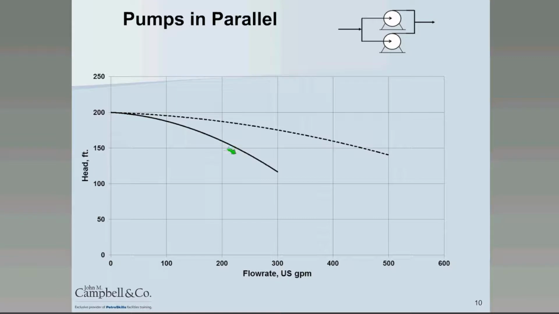So you can see from this point here, we're about 220 GPM. And as we push out here, we're at 440 GPM. So this dotted line refers to the performance of both pumps operating in parallel. The problem that you get into here with pumps in parallel is that this new combined pump curve is much flatter, and as a result, the changes in head make a rapid change to the pump